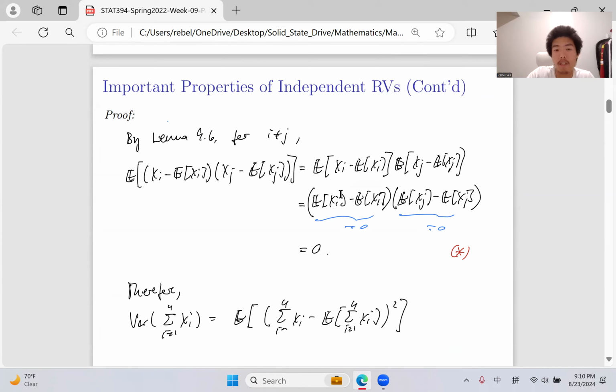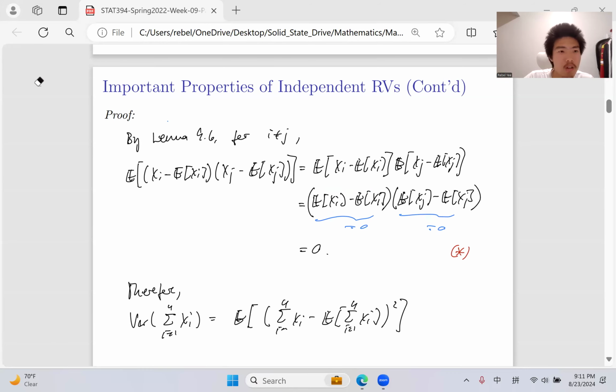And the first one, what will happen is the expectation of Xi minus the expectation of Xi. It sounds very weird, like exactly the same term, because the expected value of Xi is a constant. It cannot be changed. So this is a variable, this is a constant, and the expected value of a constant is the constant itself. So this term can be moved out, and the expected value only remains as Xi. And just as we observed, they're the same, so their difference is 0. And similarly for Xj. And then the product of 0 times 0 is 0.